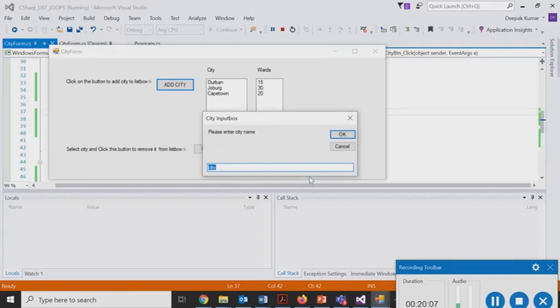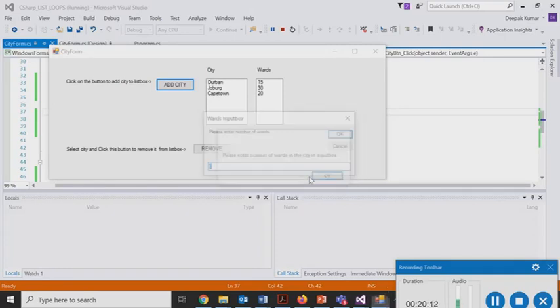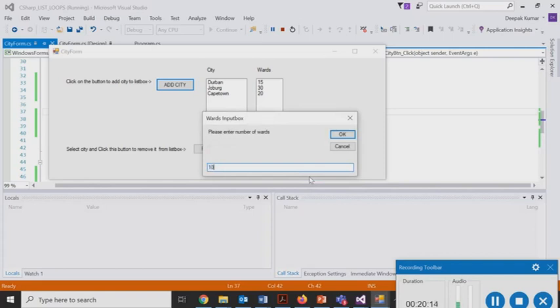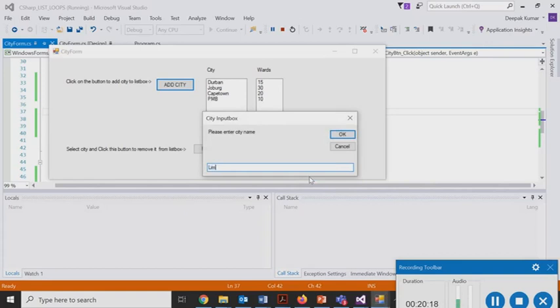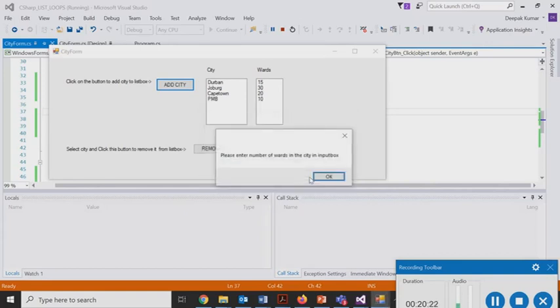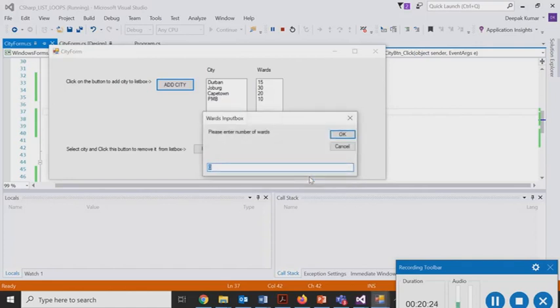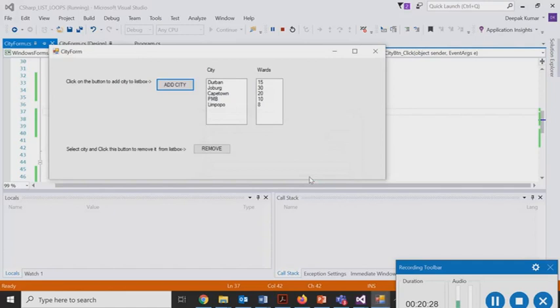Another city name, let's say Pietermaritzburg, and number of wards maybe 10. Another city, Limpopo, number of wards, let's say 8. So these are all hypothetical figures. So we have done this.